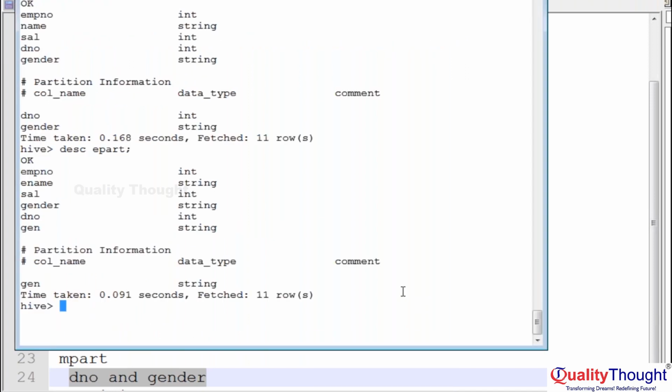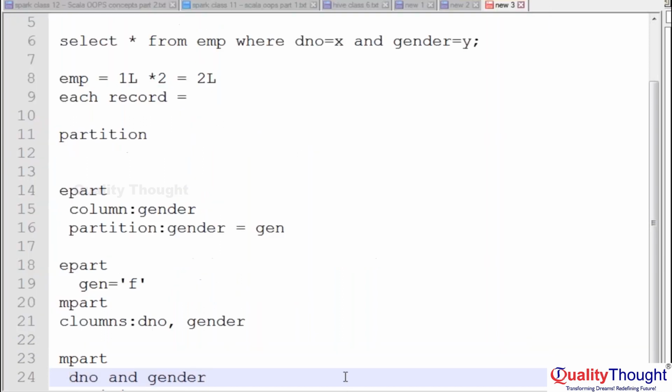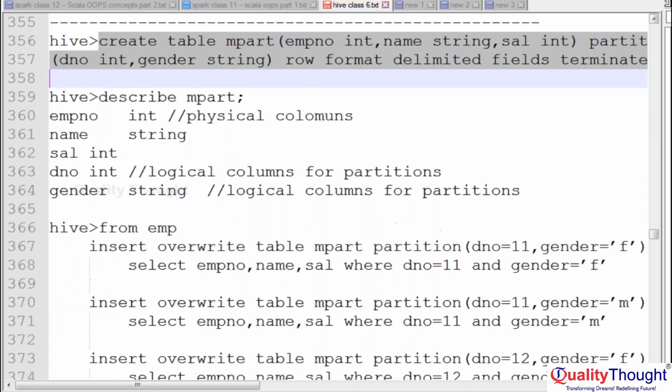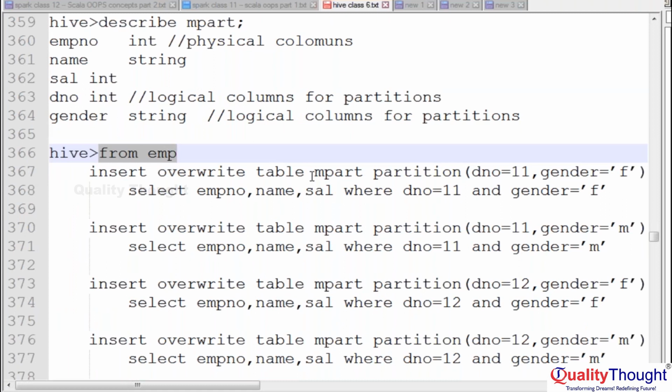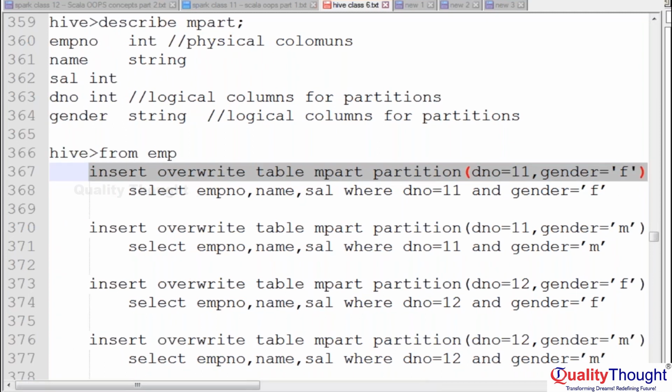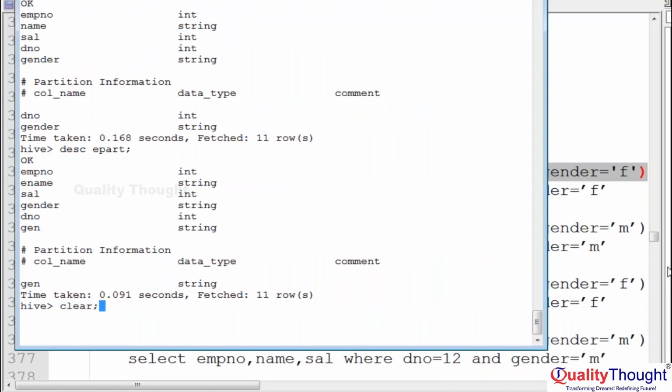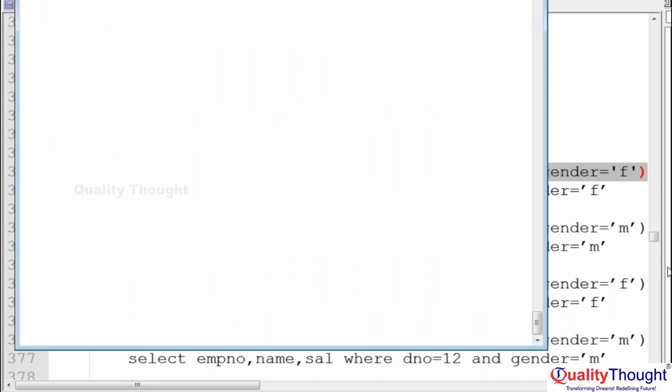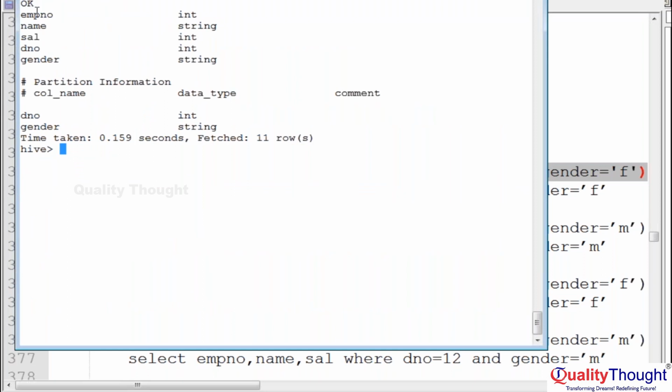Okay. Next, let's load data. So let's write an insert query to insert multiple values. This is the query: from EMP insert overwrite table M part. First, describe M part. M part has only the columns employee number, employee name, sal, department number and gender. So from EMP insert overwrite table M part, partition columns, first department number equal to 11, gender equal to female,